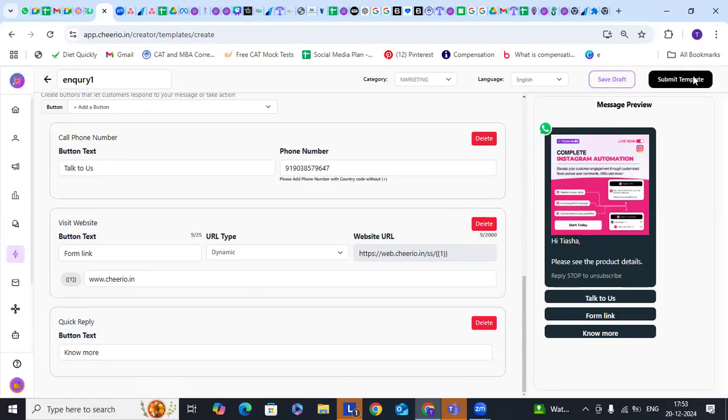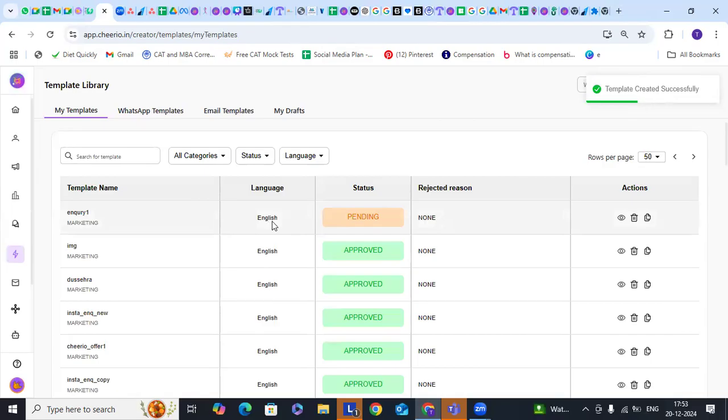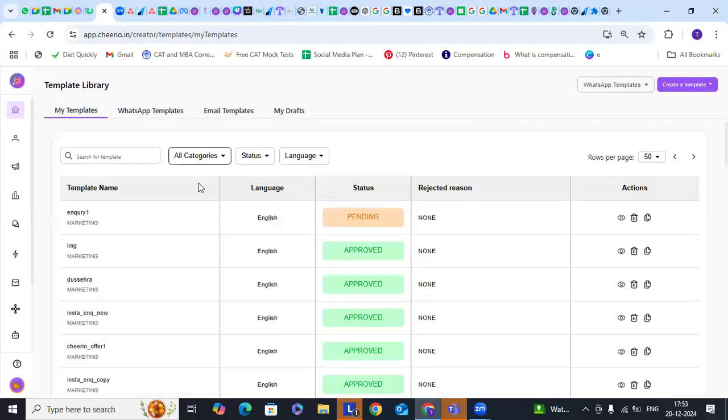Once it is done, there is an option to save draft or submit template. So I am going ahead with the submit template here. Once I do the submit template, it takes just a few seconds to get the template submitted, and in a minute you will know whether it is approved or not. Normally it takes a minute, but it's better to allow a few minutes if there is an urgency, because sometimes Meta can delay the process. The algorithm is completely on Meta, so whether it's rejected or accepted, it completely depends on Meta.